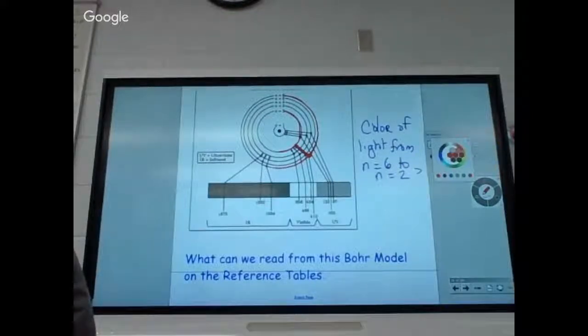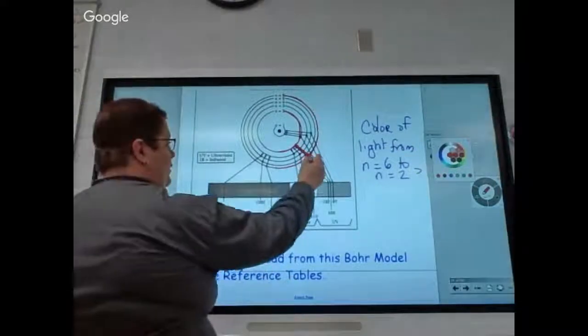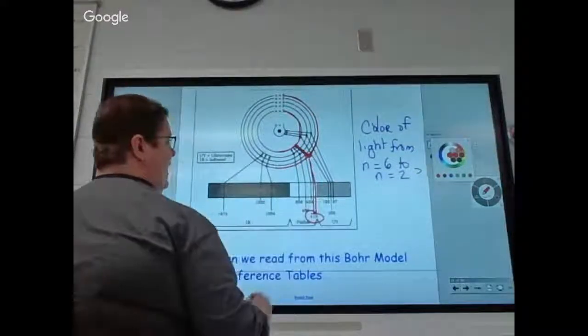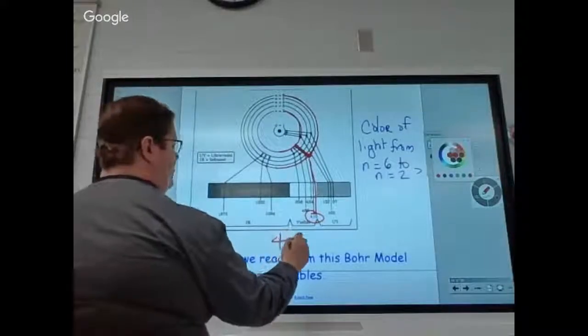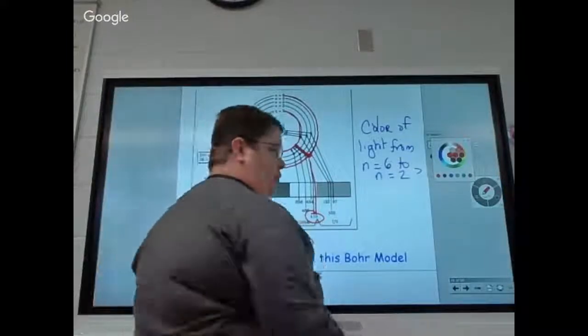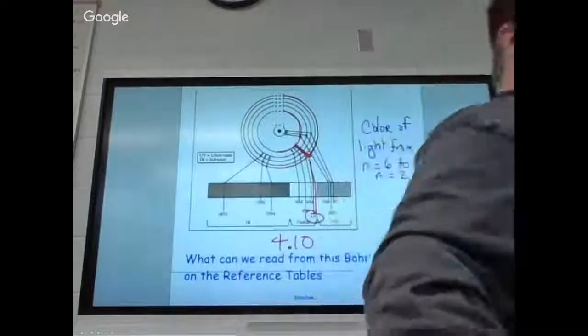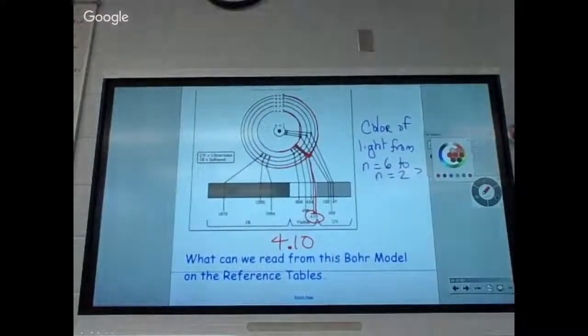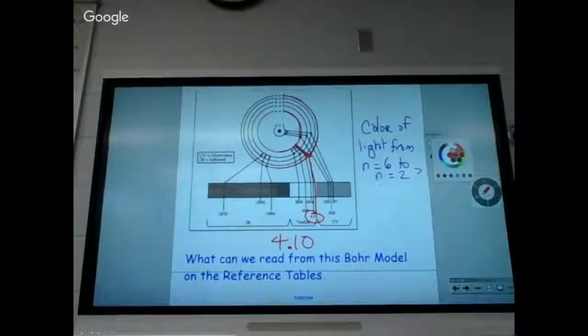We got it? What number is it? All right, so Mario's with me. Jonathan's nodding at me. I got 2 out of 19 people. You have to be able to do it tomorrow on the quiz. So follow it down. You got 410. That's 4.10. So when you look on your sheet, where does 4.10 fall for color? There you go. There's your color. Questions about how to read the chart?